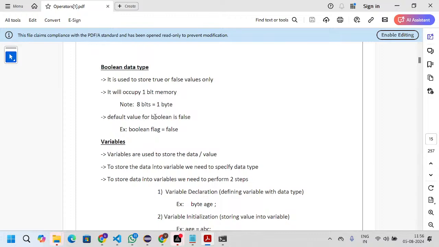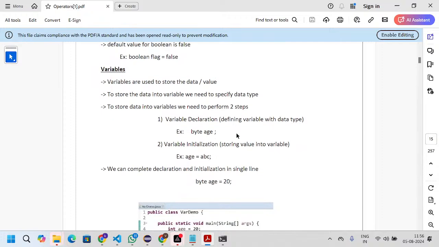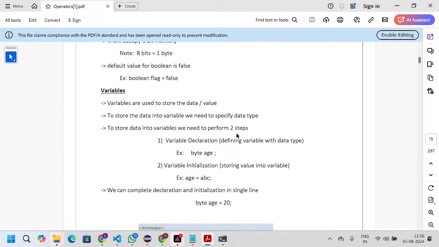Next, we discussed variables. Variables are used to store data or values, and to store data into variables, we need to specify the data type. To store data into variables, we need to perform two steps. One is variable declaration, which means defining the variable with the data type.